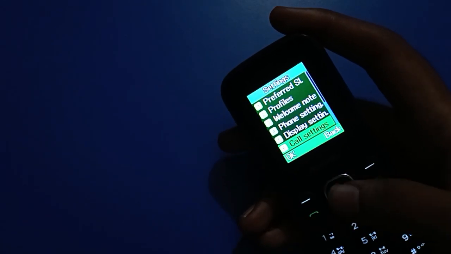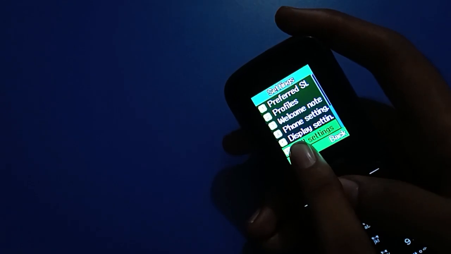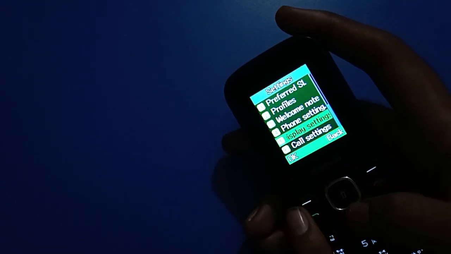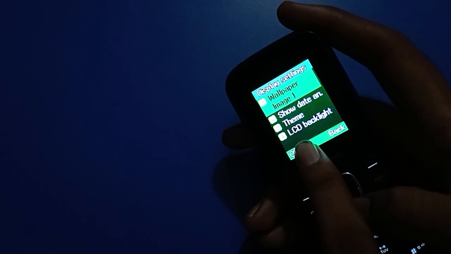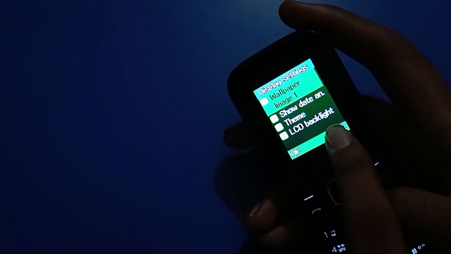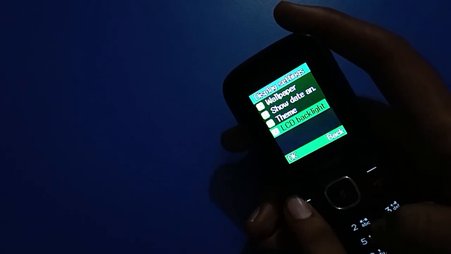Call setting you can use. So friends, first of all we will select display setting. After selecting display setting, tap the OK button. The last option, friends, is LCD backlight setting, we will select here. Brightness setting we will select, and